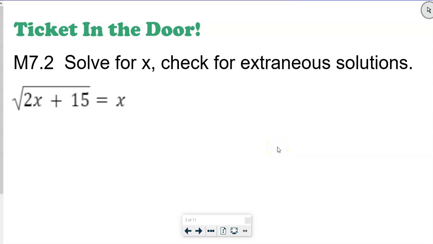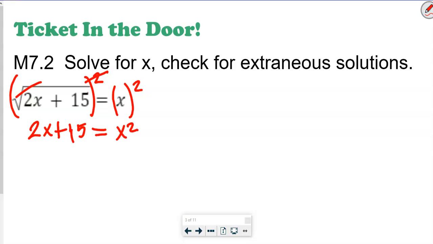Y'all, this was the ticket in the door from my students. Many of y'all, this was your ticket out the door. So once again, we're going to work this so you guys know what to do. We're going to do the opposite of a square root, which is to square both sides here. So when we do that, this cancels out this. This is 2x plus 15